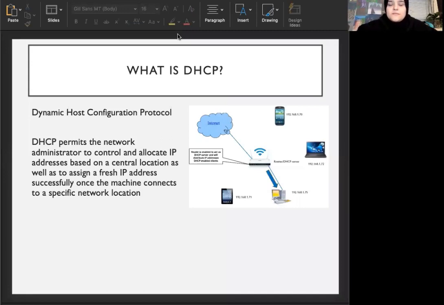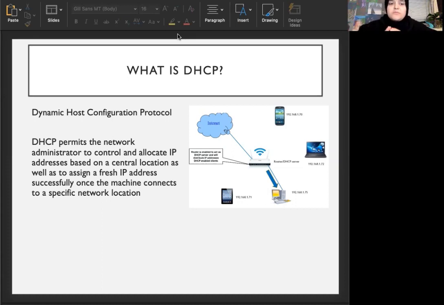What exactly is DHCP? It's the Dynamic Host Configuration Protocol, which dynamically assigns IP addresses and other configuration settings to network devices. So it's very simple to join devices such as desktops, laptops, and smartphones, because administrators do not need to configure each device manually anymore, as a DHCP server completes the process.